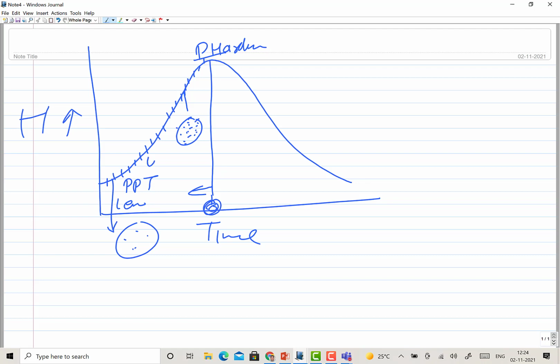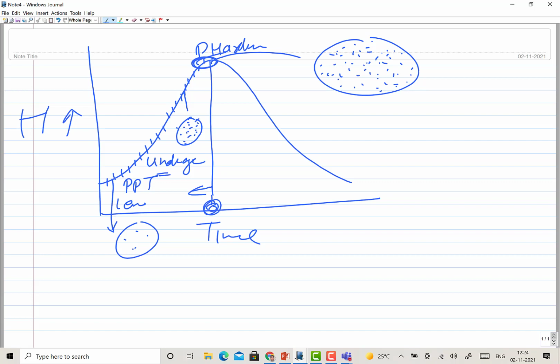So this is the underage stage. In the underage stage, hardness is lower, where the hardness will keep on increasing as a function of time during the aging process. After reaching the peak hardness value, you will find that fine precipitates are very well distributed in the matrix, able to effectively resist the movement of dislocations, and therefore it is offering good hardness and strength. After this, if you continue to heat for a longer time than desired, then you will find that fine